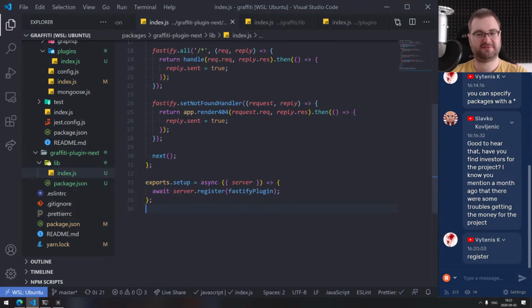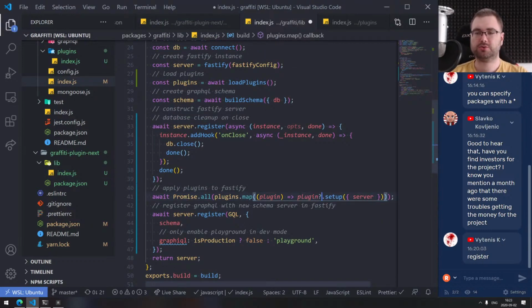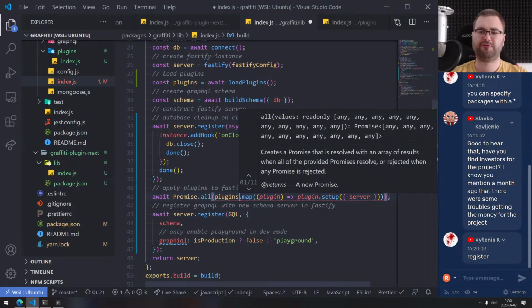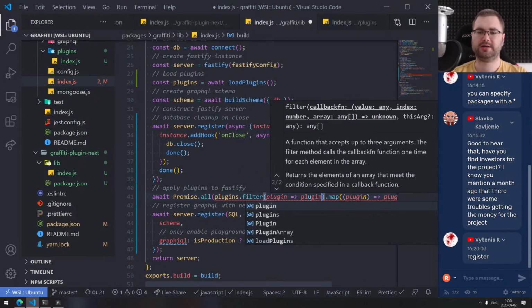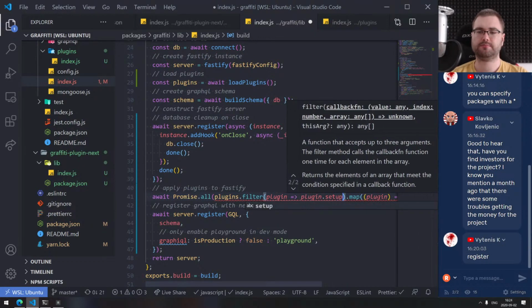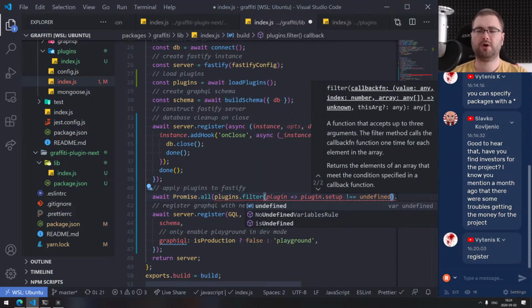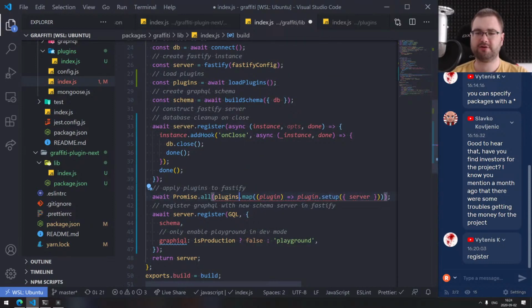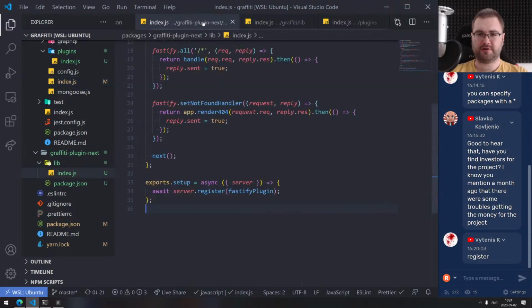Theoretically, that actually is for our plugin here. Oh, you know what? We should also do, I guess this, because, no, not this. Wait a second. So I think I'm just going to filter plugins so that plugin setup basically exists, right? Or, you know what, we don't need that, right? We have optional chaining now, so I can just use that. There you go. Okay. I think that should cover it. Right, so